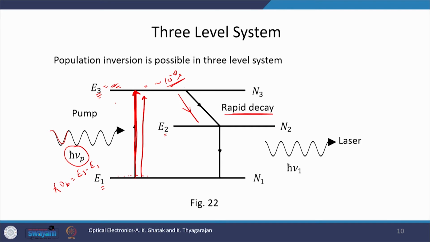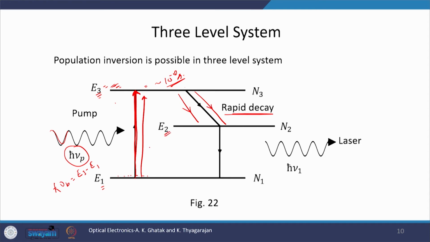Therefore, the electrons coming into the E3 level from the E1 level will stay there only for 10 to the power minus 8 second. I repeat, the lifetime of an atomic level is the time duration for which the electron stays in that particular level. And this time duration here is very small, therefore, the electron population will quickly go down to